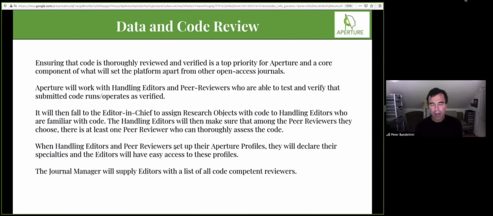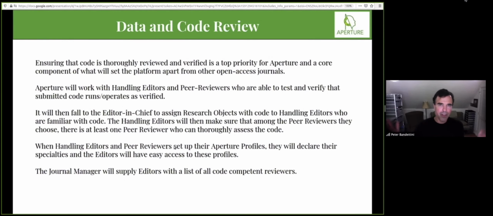So people who not only are good at the code, but who really want to review code. And that may not be a big list. It might be 20 people or 30 people, who will just review code. And so we'll have that list. We'll have it available to the journal manager and the editors, of course. And so that might be the system.